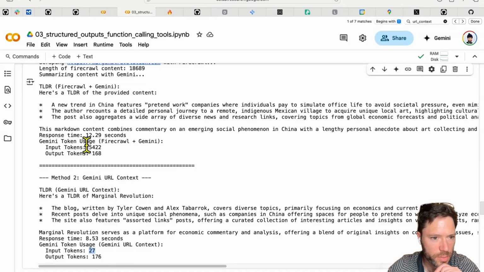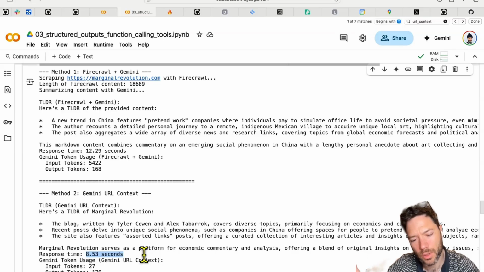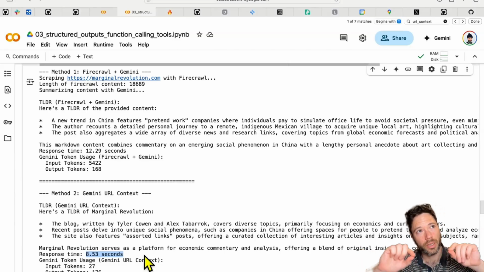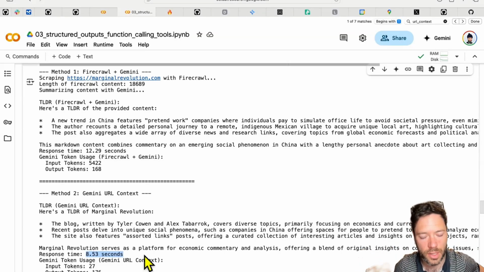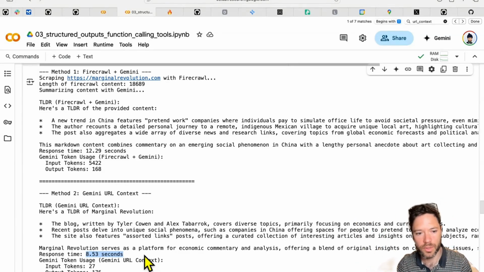But what you can see is there's a bit of a difference in response time, 12 seconds for Firecrawl and Gemini at 8 seconds. So you'd imagine Google has an advantage here because they've indexed everything. And if they can combine the indexing, it's not like there's any synergy, but there is a saving probably in the transmission of information, because it's going to just move between Google's data centers, which may be the same data center, rather than you having to get the markdown back from Firecrawl and send it over to Gemini.